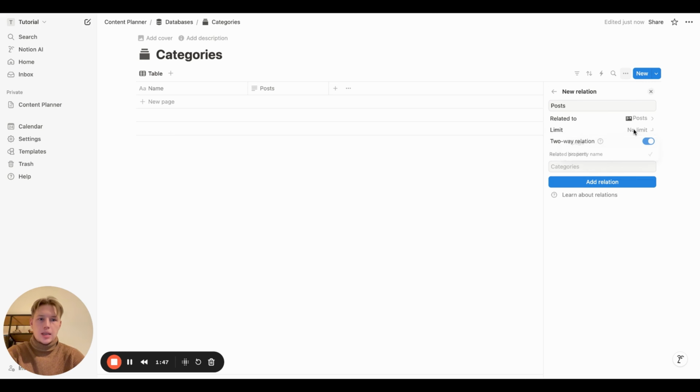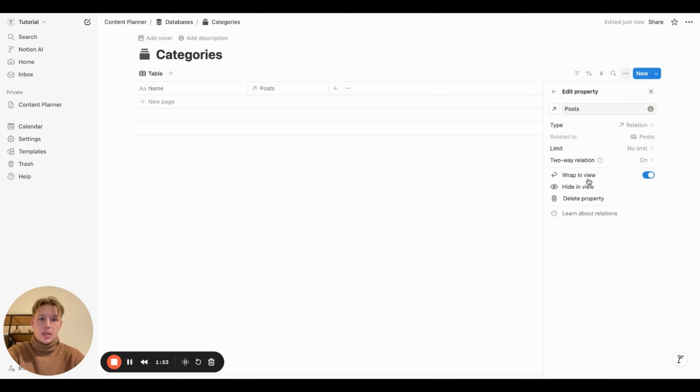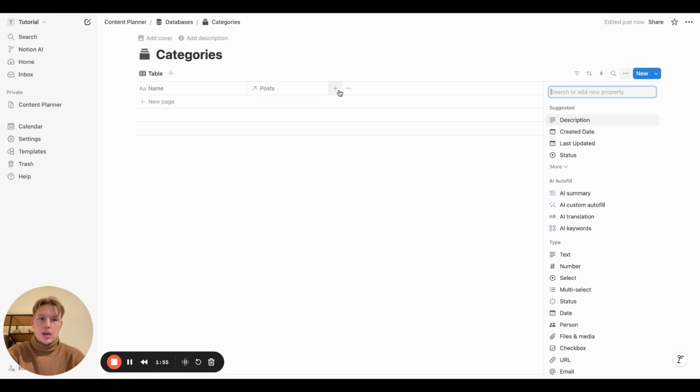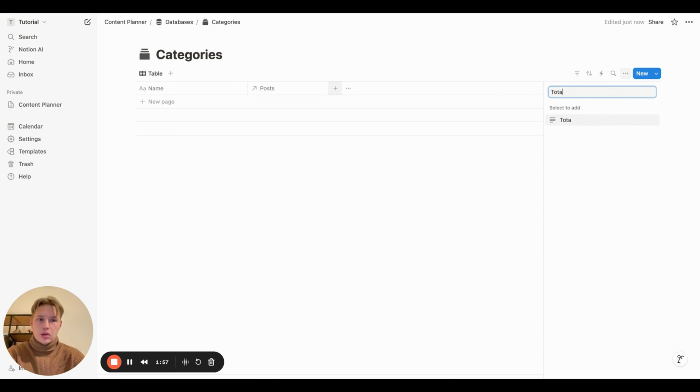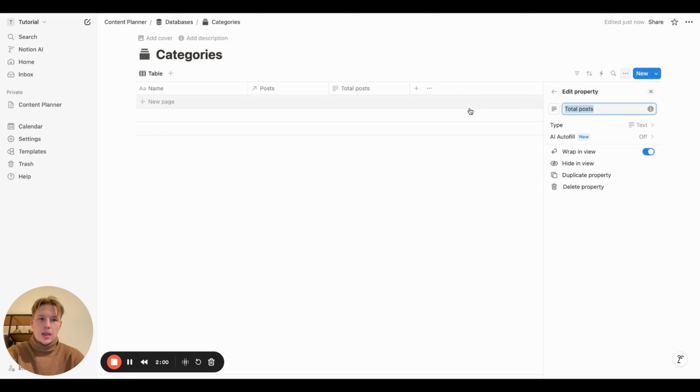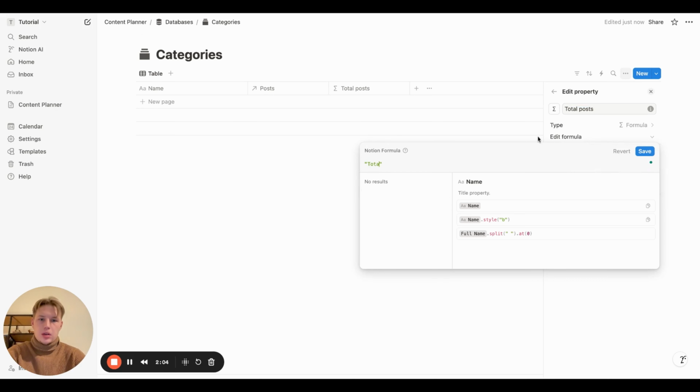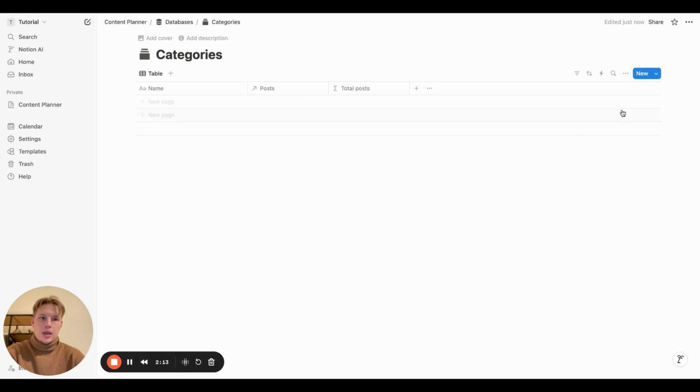And here we don't set any limit, and we just name it categories inside the posts database and just add relation. And also here we can add another property, let's say total posts, and it will be a formula, total posts plus posts.length. Save. And what we can do now here is when we press on some category, we want to show all